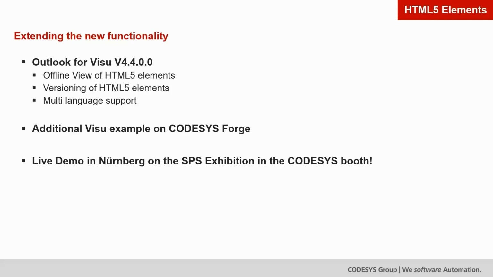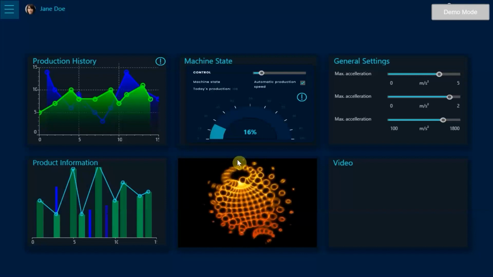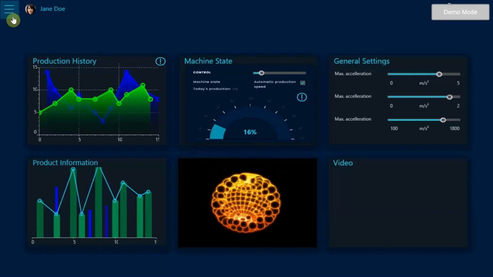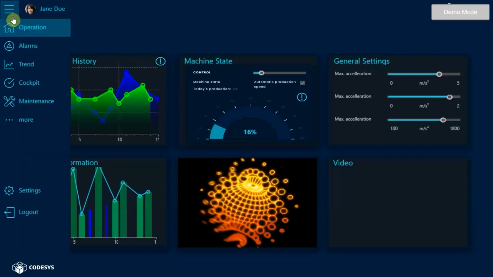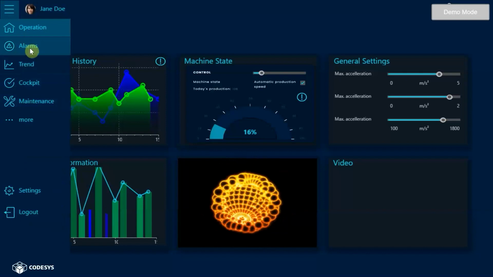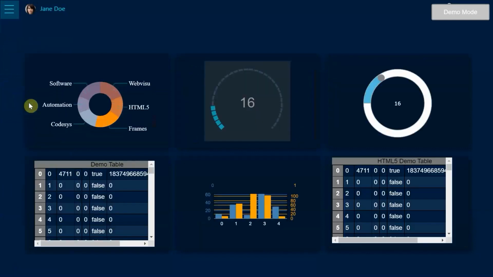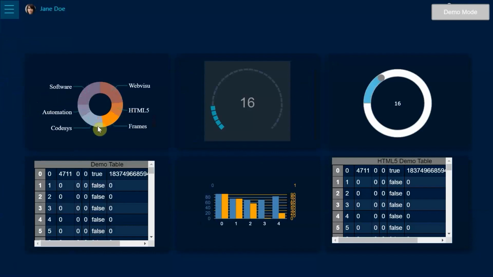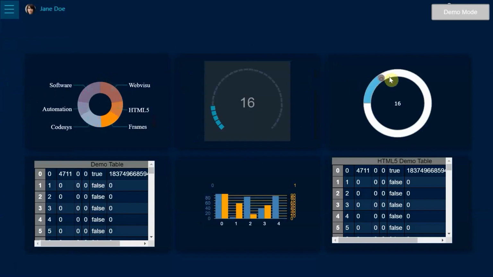Now I just want to give you a short outlook on how HTML5 elements look in CODESYS. So this is a typical CODESYS visualization which we prepared, and we have a menu up here which slides in and slides out very easily. You can select your menu visualizations which slide out of the screen, and here you can see the responsive design of the HTML5 element. So whatever I do here, we have a direct